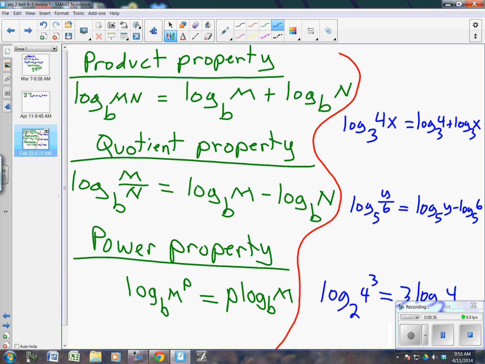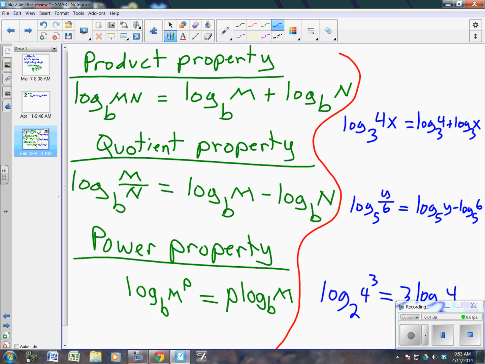Last time we learned the three properties. The product property is just if you have log base b of m times n, two numbers being multiplied together, that's equal to log base b of the first one plus log base b of the second one. That's like the one Carly just did on the bell work problem, okay? And I wrote an example of like log base 3 of 4 times x. You can separate that into log base 3 of 4 plus log base 3 of x,